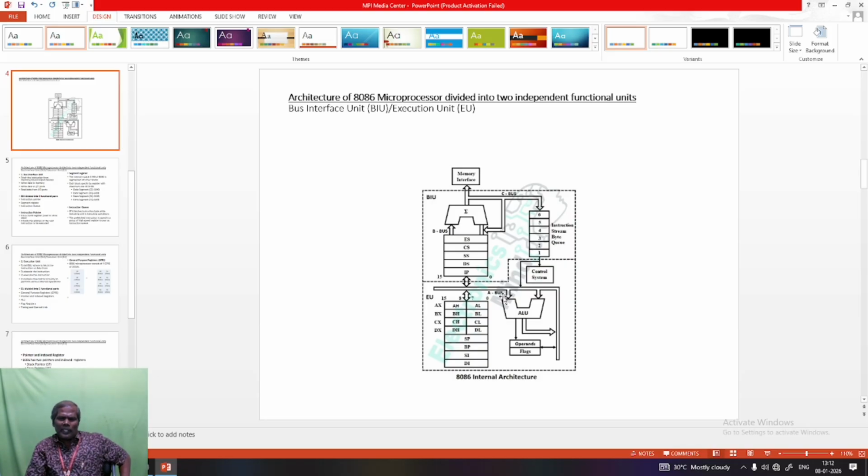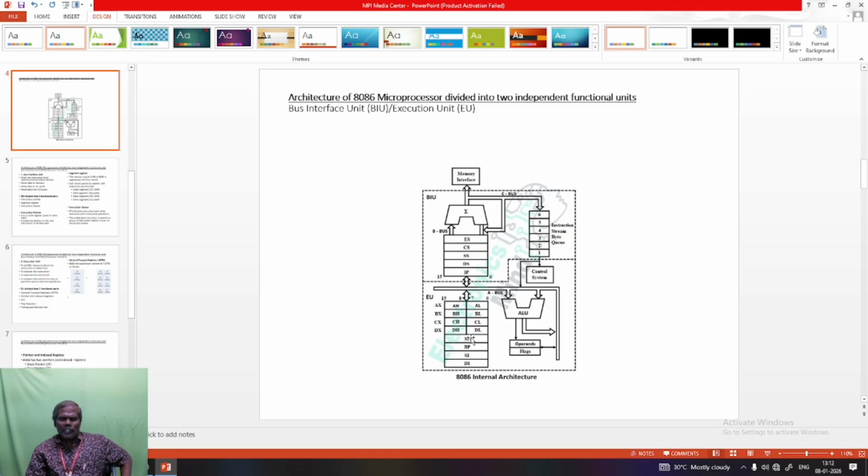It gets the information from the bus interface unit only. The bus interface unit fetches the information and gives it to the execution unit. Then after getting the information, the execution unit executes.